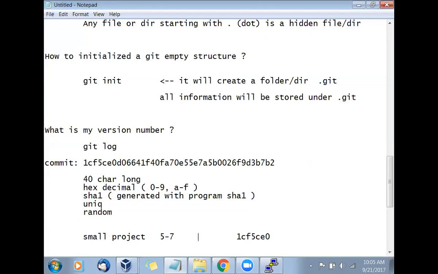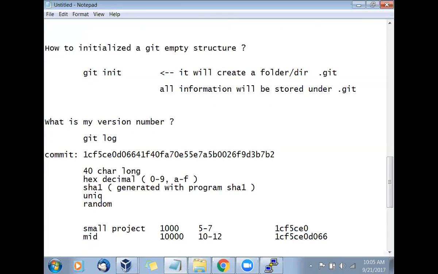Now, assuming that you have very few files, let's say 1,000 plus files, a mid-size project. Let's say 10,000 files. So use nearly 10 to 12 characters. I'm choosing randomly, but I will go with the first 10 to 12 characters, approximately.